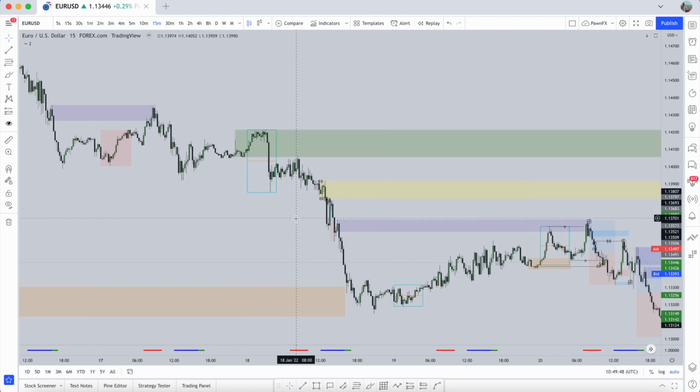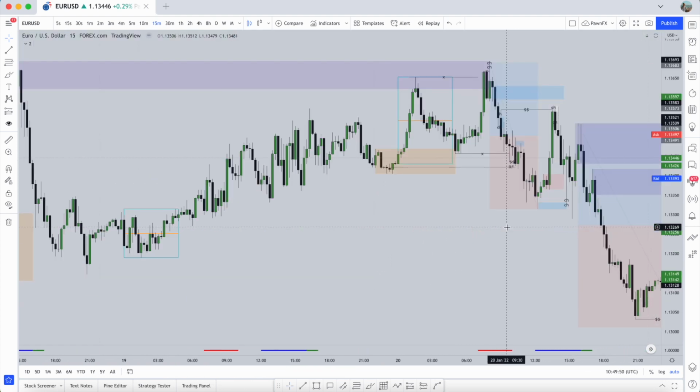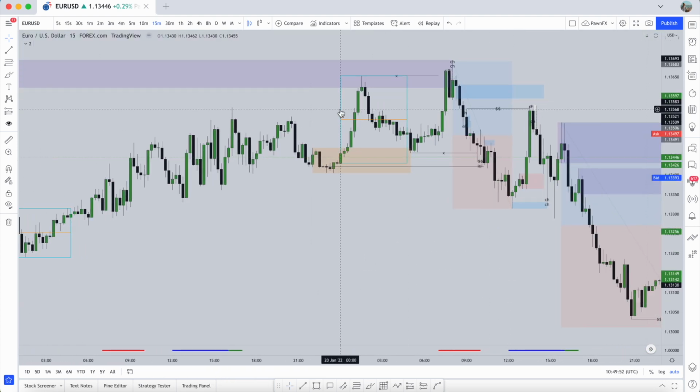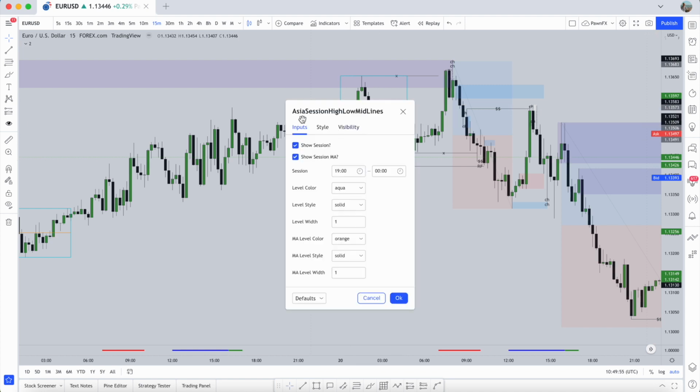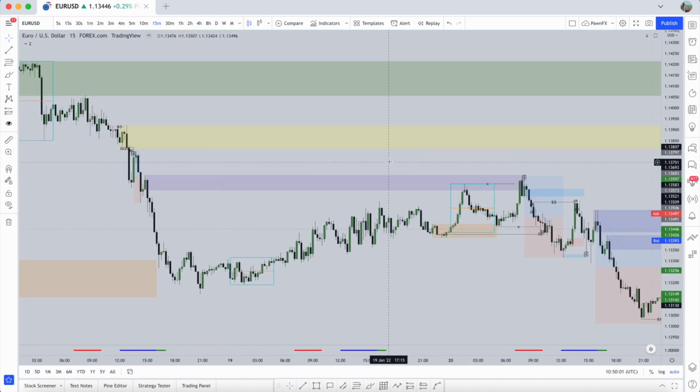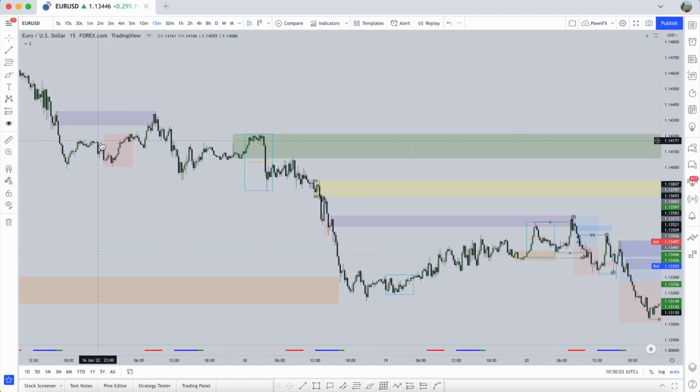So I want to give you one example here, right? You can see this is my Asian range indicator. It's just called Asia session high, low, mid lines. So if you want to use it, that is absolutely fine. The only thing I will say is on Mondays it doesn't actually form, right? So what I have to do is draw a box. But I think this is also good for me because when I wake up on a Monday morning, it's actually like Monday midday for me,